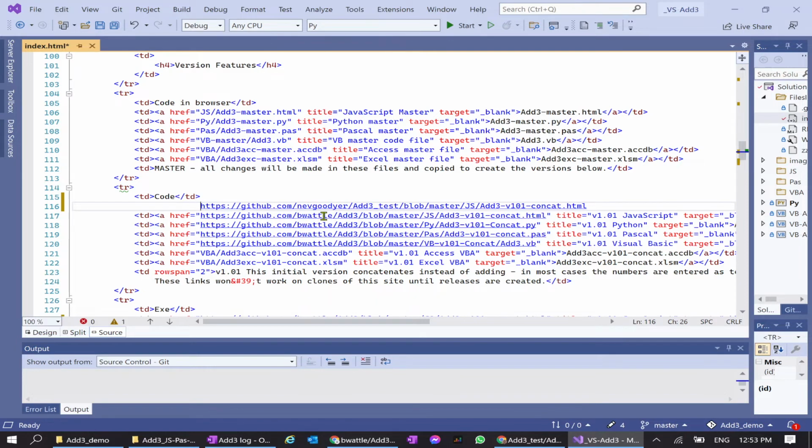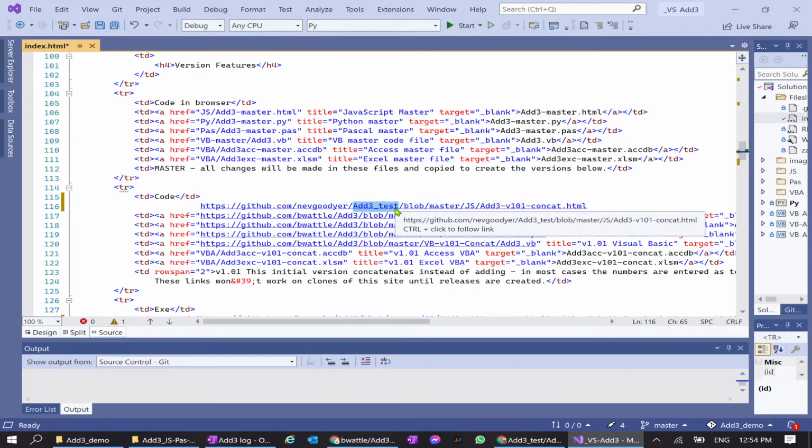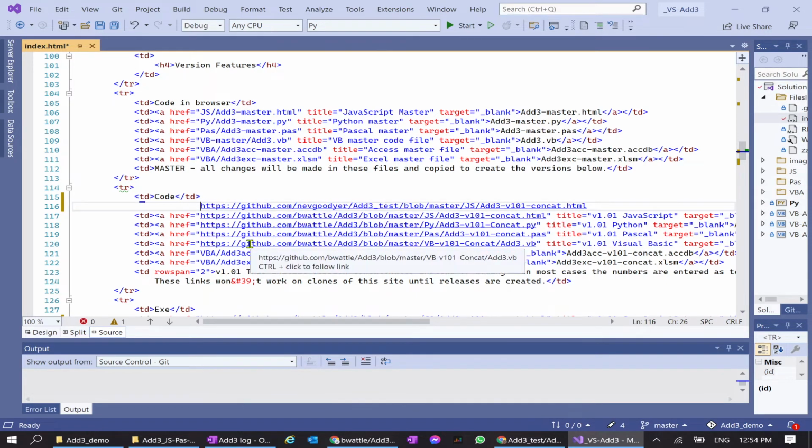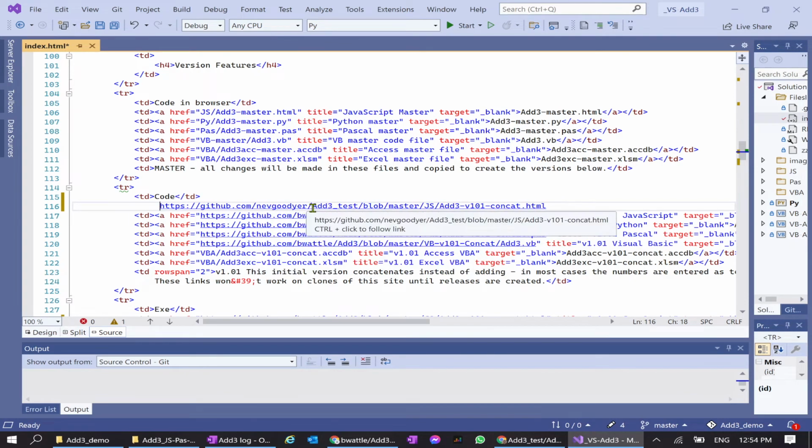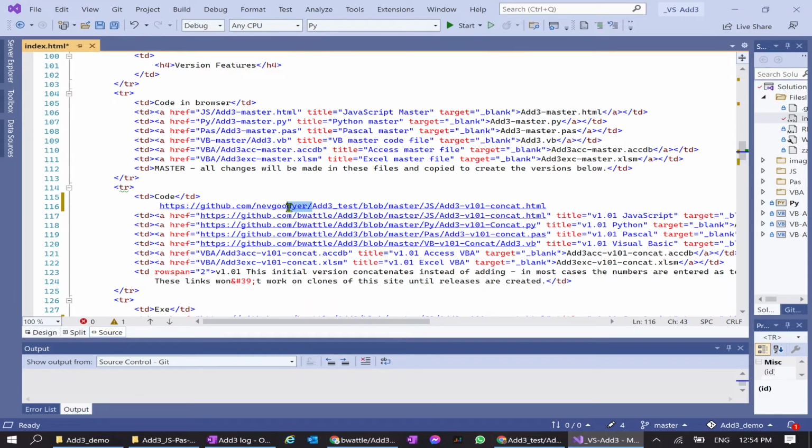Alright, you can see that the repository is a different name, but the account is a different name, and the repository is a different name also. So if I were to change these, the rest of the address I think is identical. Blob. Yeah, the rest of the addresses are identical, so that if I copy